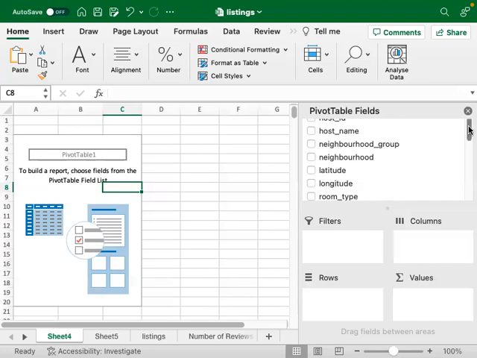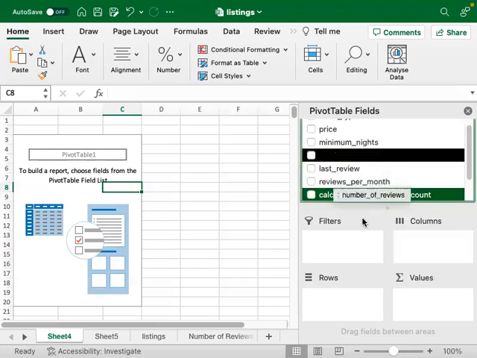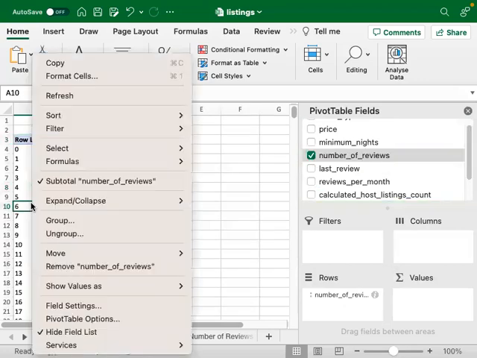So drag number of reviews to rows. Right click on a single cell, group